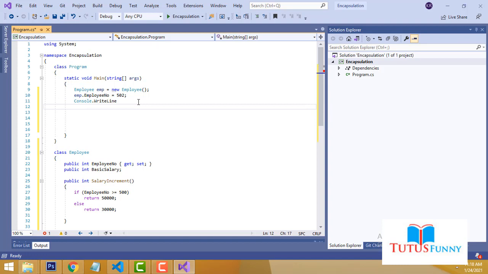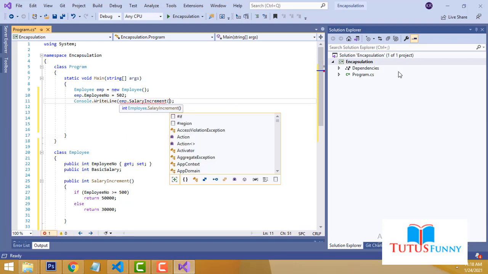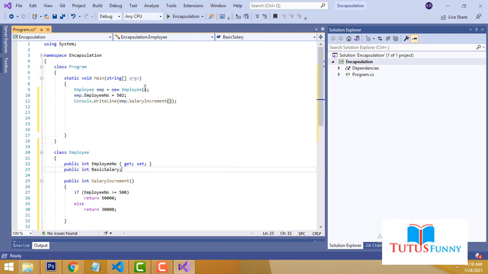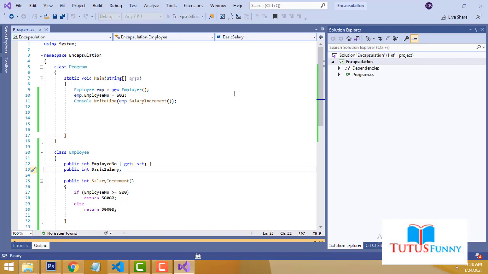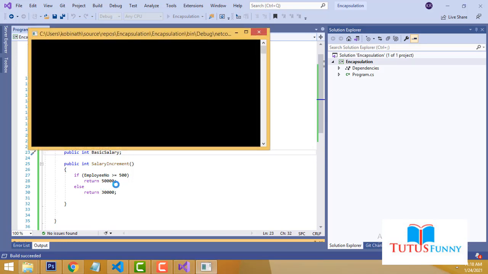Console.WriteLine, and inside it we write emp dot salaryIncrement. Now you can check the calculation and what output will be displayed. If the employee number you entered here is 502, it will return the salary of 50,000.